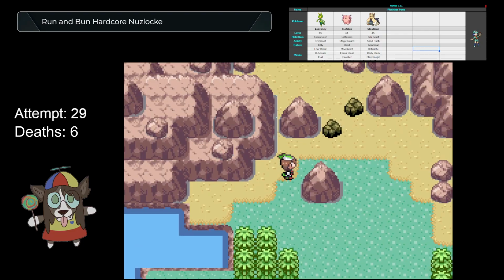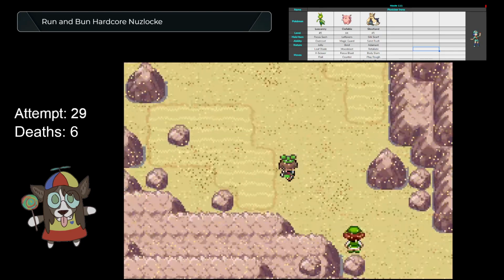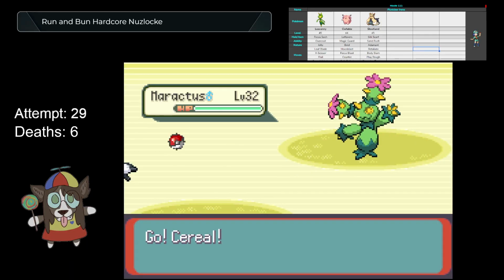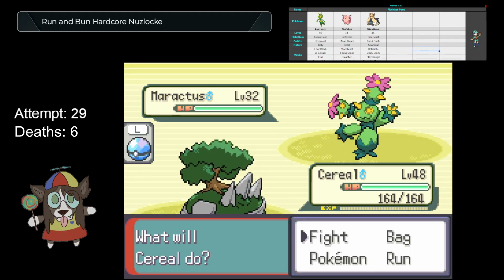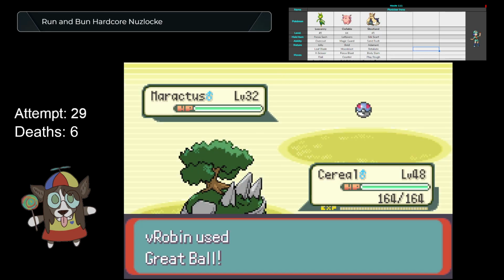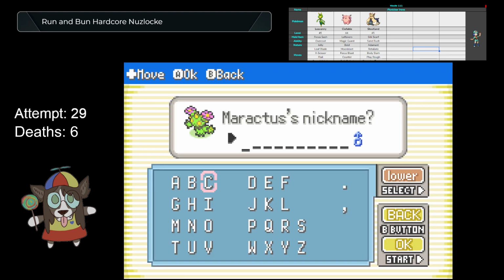Drillbur would be so good here. I said I would take it. I took it back, but the game does not respect takebacks, it seems. What do I name this? I'm feeling...